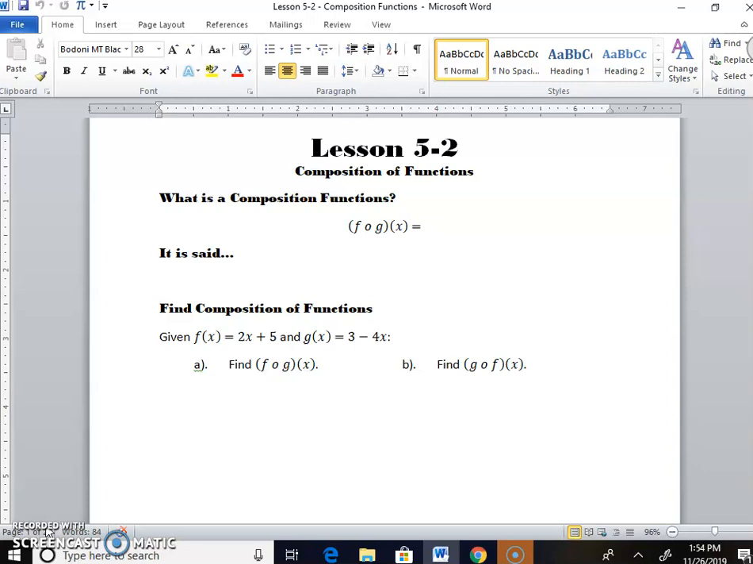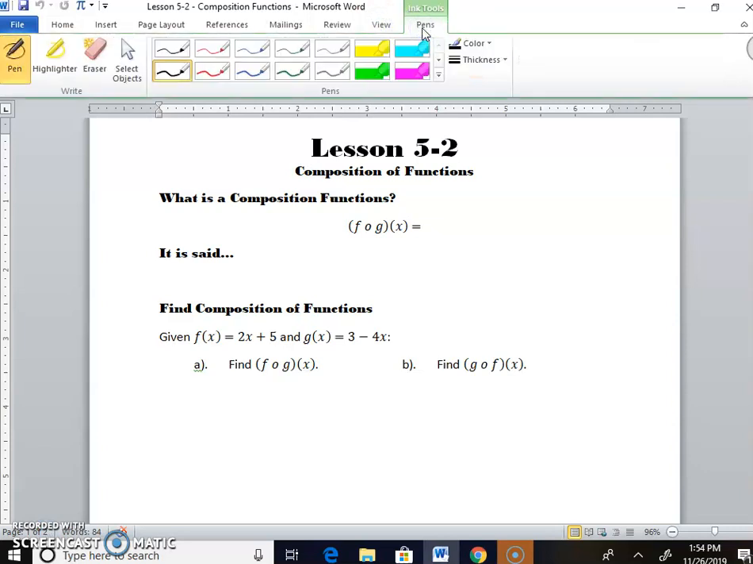Today we're going to do lesson 5.2, and lesson 5.2 is going to be on composition of functions. So what is a composition function? Well, a composition function is going to happen when you have this little guy there. My technical term for that is it is an open circle. Okay, so starting out then,